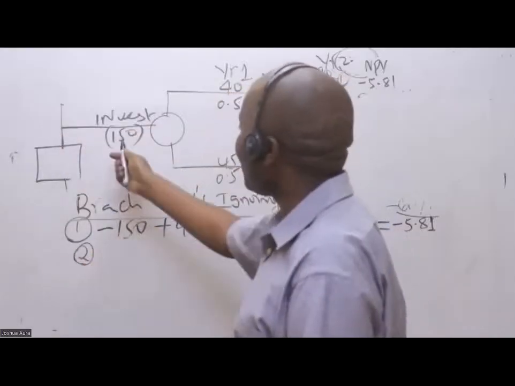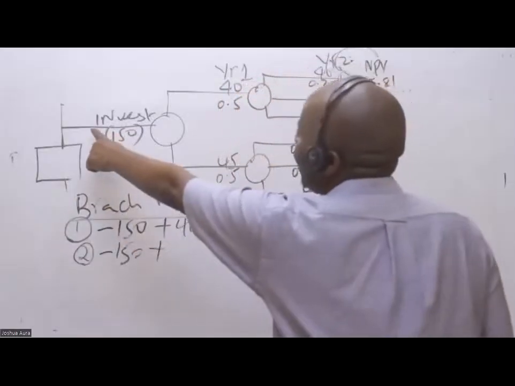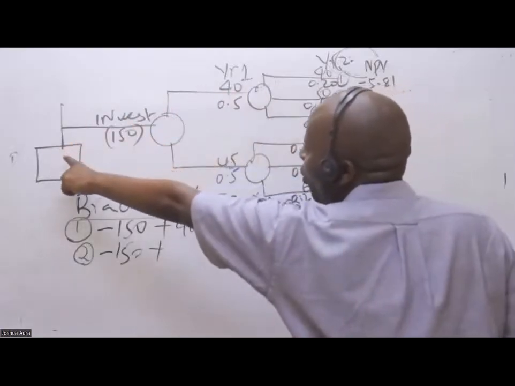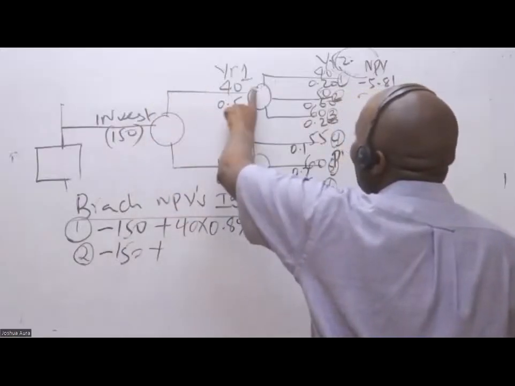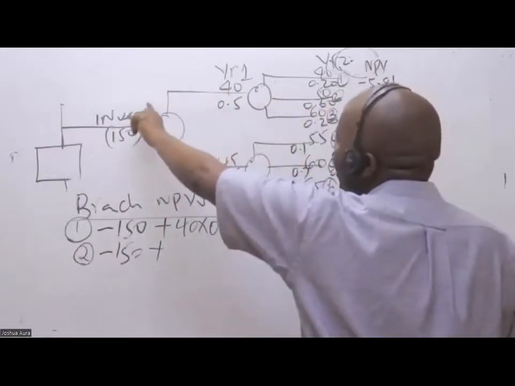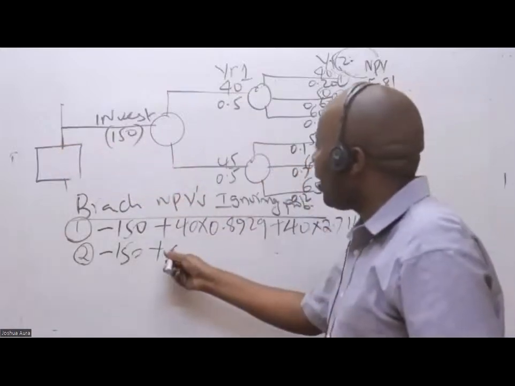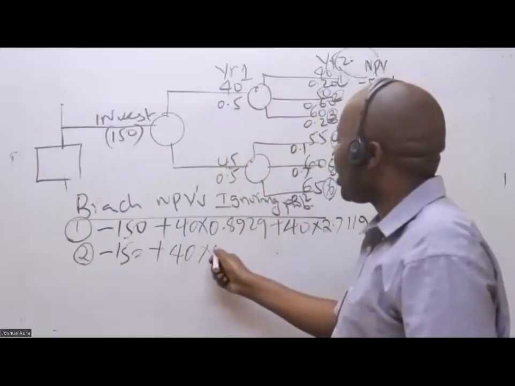So pick the cash flows. Here we have minus 150 plus. Are you able to see the cash flows for branch 2? You follow it from here all the way up to the end. So minus 150 plus this 40. The 40 is coming to us at the end of year 1, so this has to be